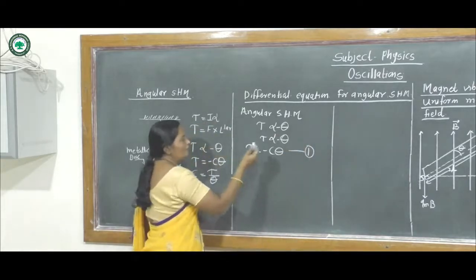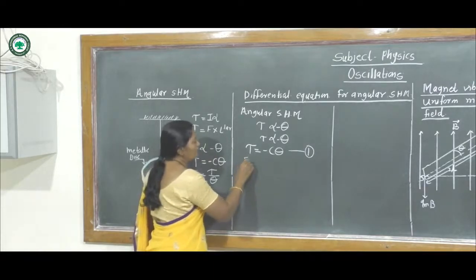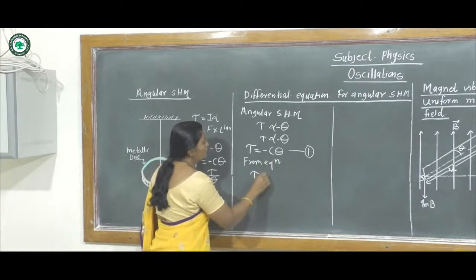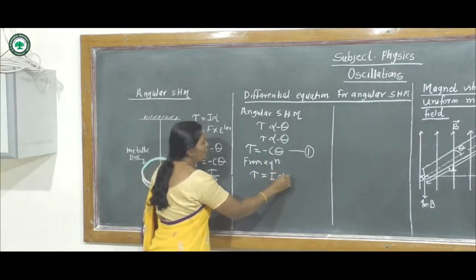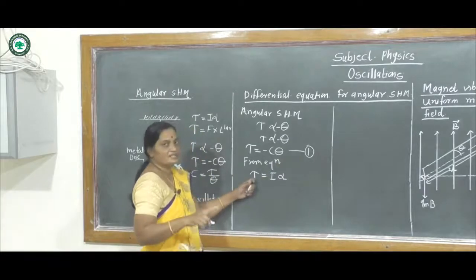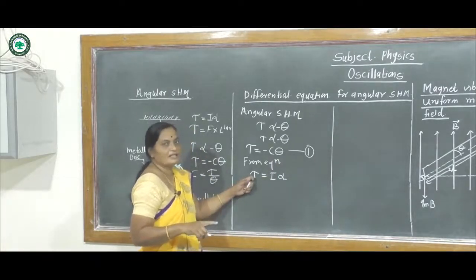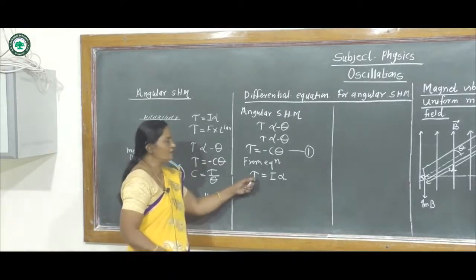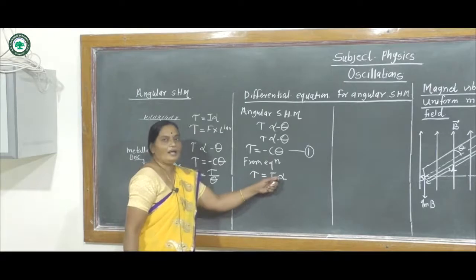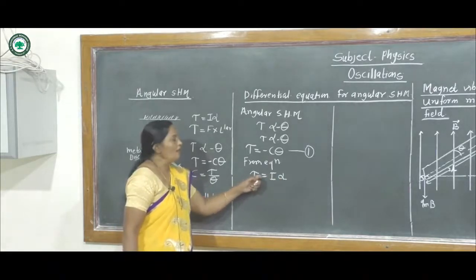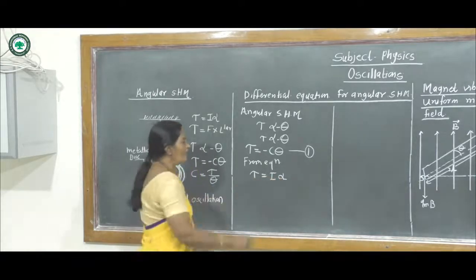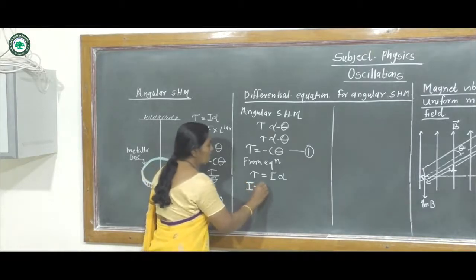Now we have from the formula, torque is equal to I alpha. We have studied this torque in the first chapter, that is, torque is the quantity which is analogous to force in rotational motion. Torque, tau, is equal to I alpha, where I is the moment of inertia and alpha is the angular acceleration. See, what is I here? I is called the moment of inertia.